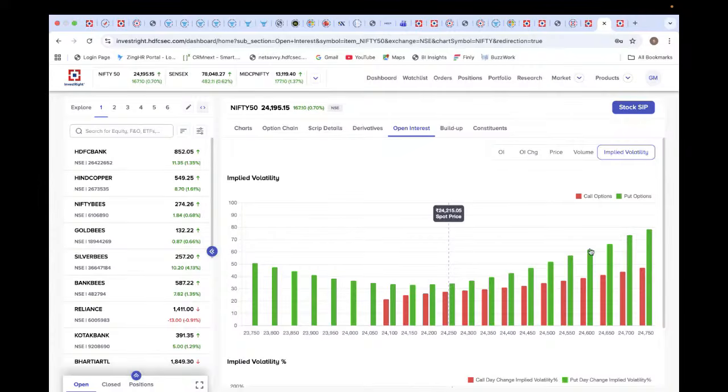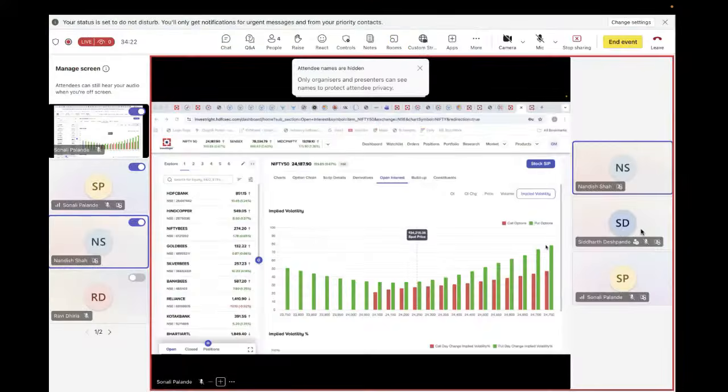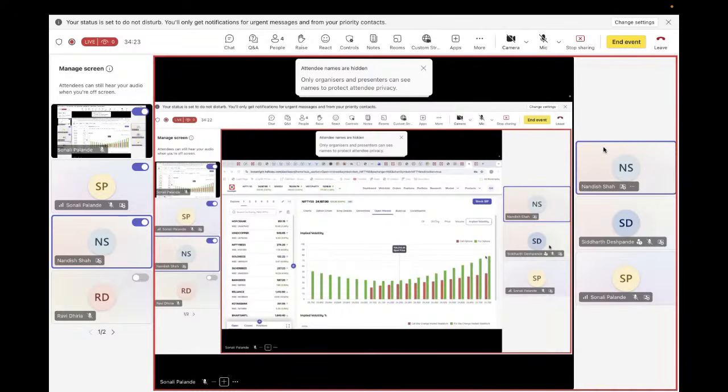Yes, Sonali. So there are two things, as we discussed. First of all, the primary trend remains weak unless Nifty closes above 24,450. The strategy which we are suggesting right now is for today, as we expect the bounce back to continue in today's session. As Siddharth discussed, we have seen aggressive put writing at 24,100 to 24,200. So 24,150 to 24,200 is likely to act as a support. And also the put call ratio has moved up. So based on that data, we are suggesting a bull spread for today.